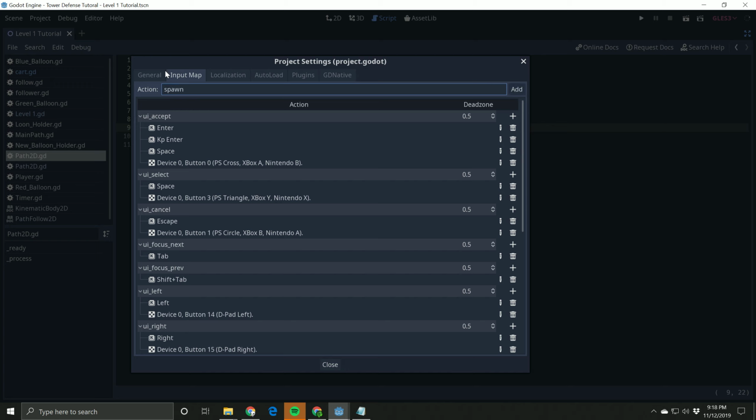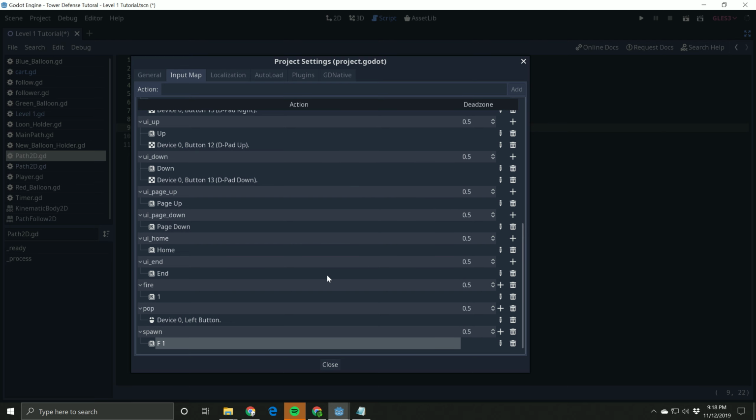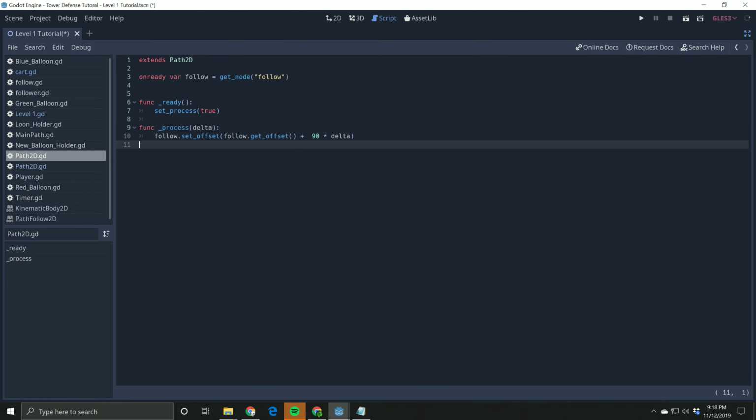So I went to Project Settings, and then Input Map. So do Add, roll down to the bottom, hit this plus sign next to that, and we're going to choose a key for this. I'm going to use the F1 key. It's at the top of your keyboard, so push F1. Okay, close. Now we have a new function called spawn, and if we push F1 it will run that spawn